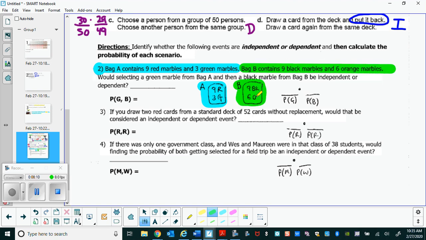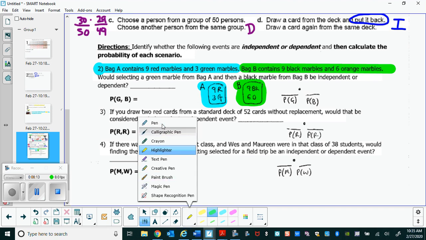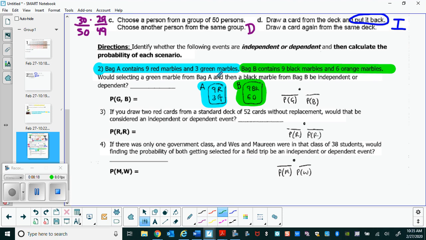So here's the deal with your 2 bags. Now if we're going to select a marble from bag A, and we're going to select a marble from bag B, notice that whatever happens over here, it's a separate bag, so it's not going to impact what happens over here. Now, when you see stuff like this, here's how you read this, y'all. This is saying the probability of green and then the probability of black in the other bag. So the chances of us getting green right here, the probability of green is going to be a 3 out of the 12. You see I've got blanks here where I'm just listing out my events. So this is the green, and now for black over here, the chances of us getting black would be 9